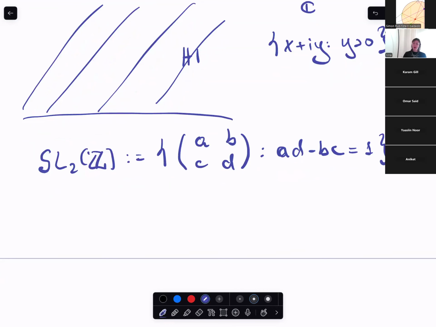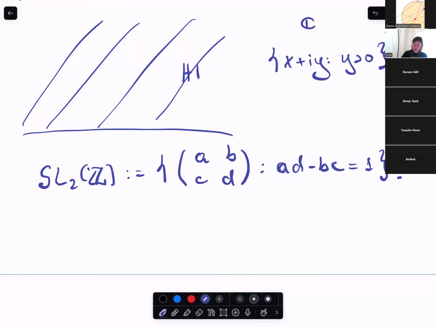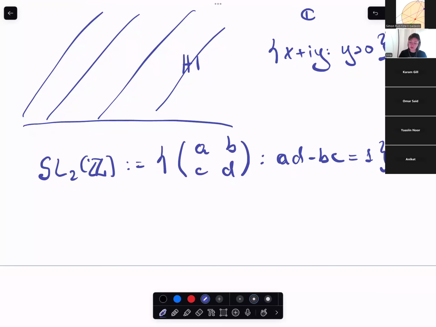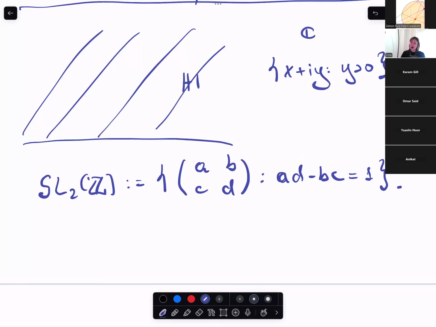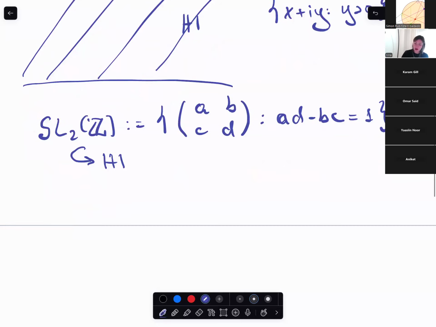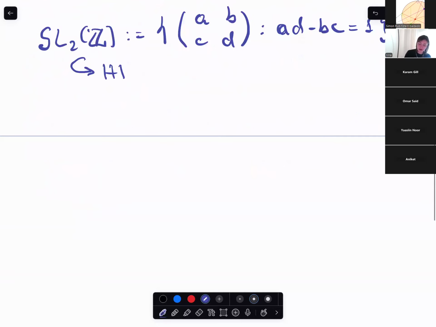So the way that we connect these two things is by something called Mobius transformations or linear fractional transformations, depending on the terminology you prefer, which is the following. So this group has an action. So it can act on the points in the space. And what I mean by that is that if we have an element A, B, C, D in this group SL2Z,